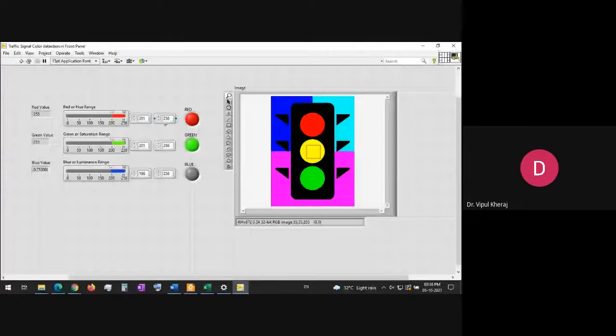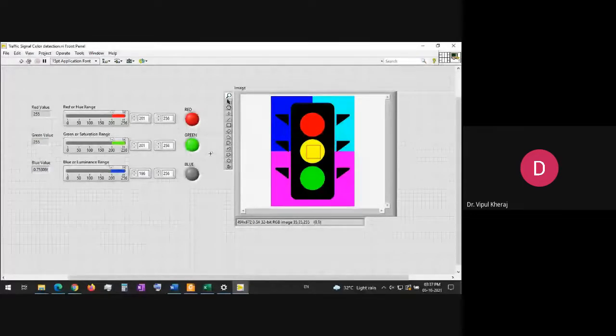And we can do the analysis. This is a very simple part, but based on this, we have made some very important and very useful applications. For example, nowadays in the era of Corona, the rapid antigen test is very common. If you look at the rapid antigen test kit, there are red lines which develop. And if you want to detect whether the red line has developed or not, you can do it by simply selecting a certain area of the image and finding out the red pixels on it, right? So such things can be done by LabVIEW. Akshay has already done some programming like that, and we have been testing some devices.